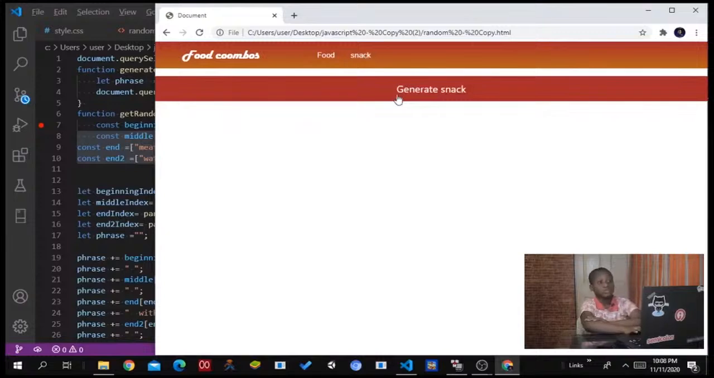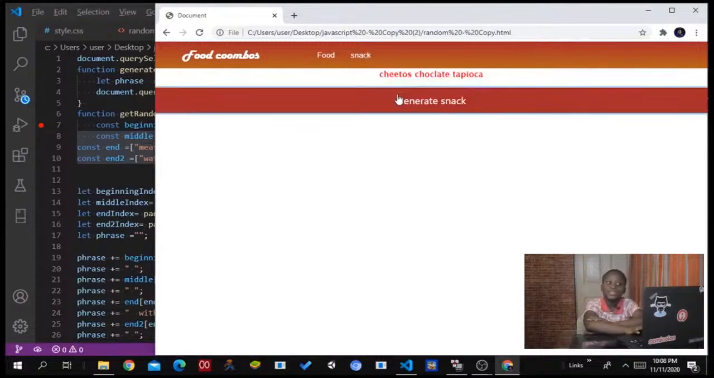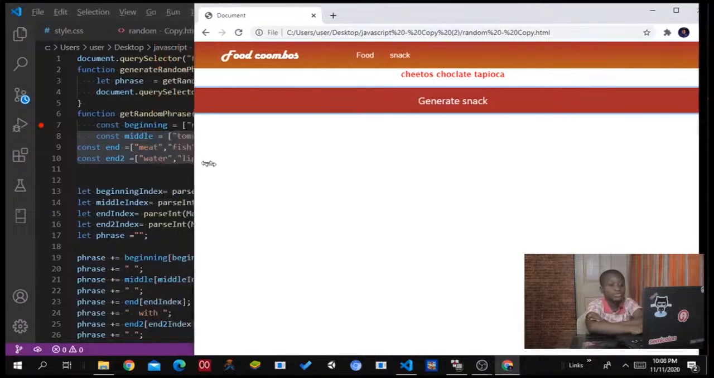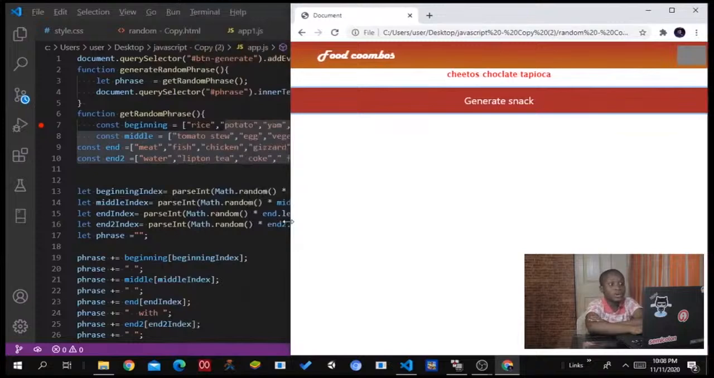So now let's get to the real fact of what we call the combination snack. This is going to be great. This one's going to create Cheetos, chocolate, and tapioca. Man, I don't know what kind of